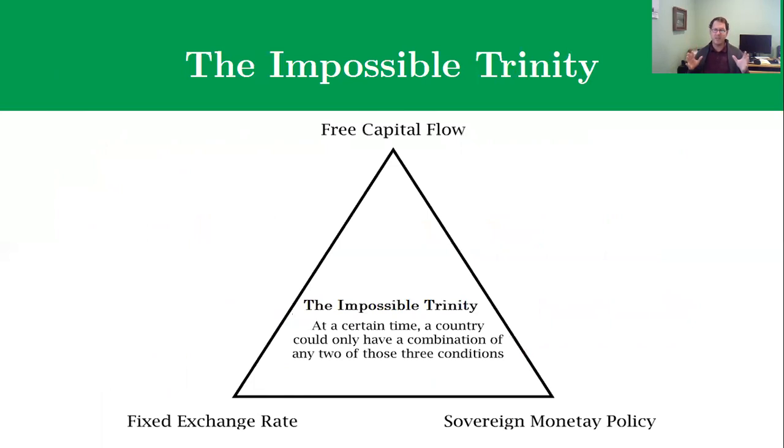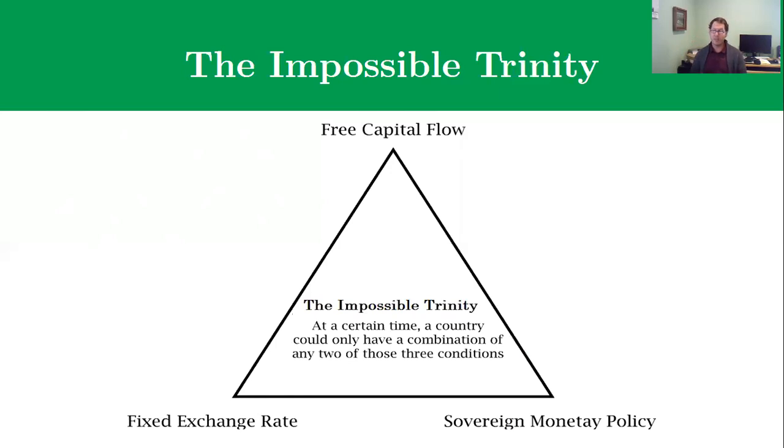And if you can understand the Impossible Trinity, you will be able to see how the interest rates and the exchange rates and investment all fit together, and how these things interact, right? And so the concept of the Impossible Trinity is that there are three things that we might desire in setting